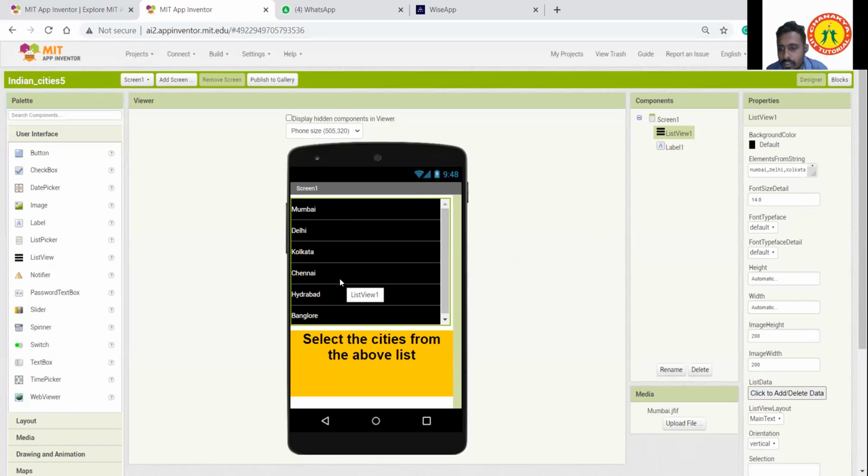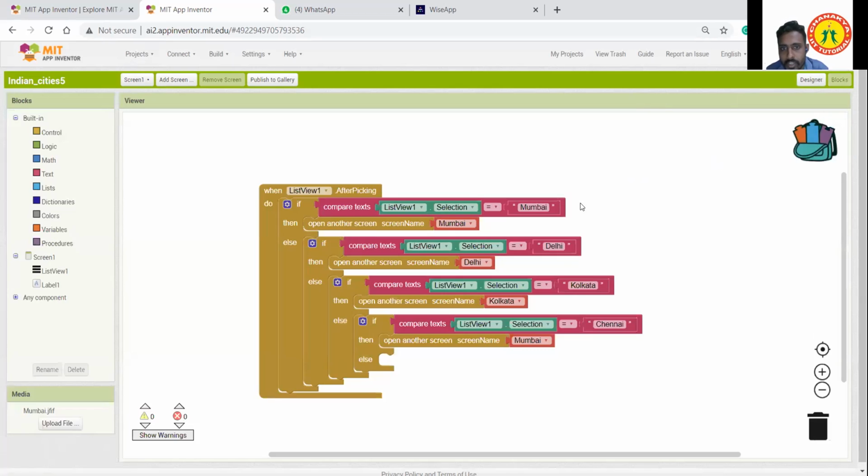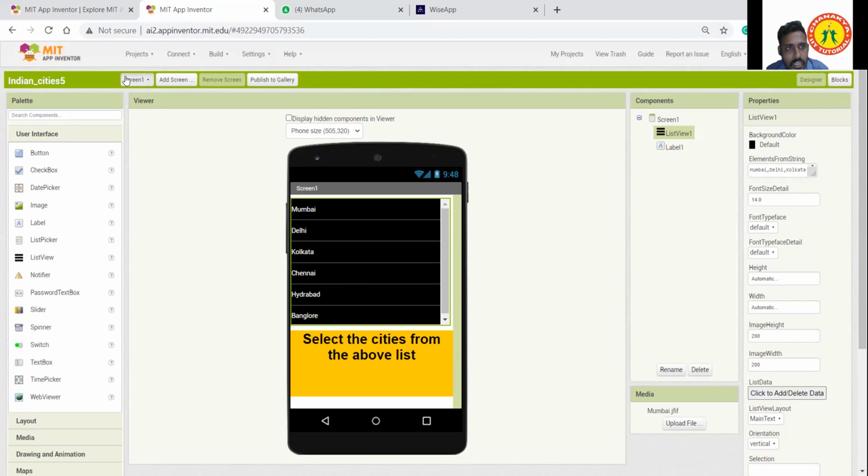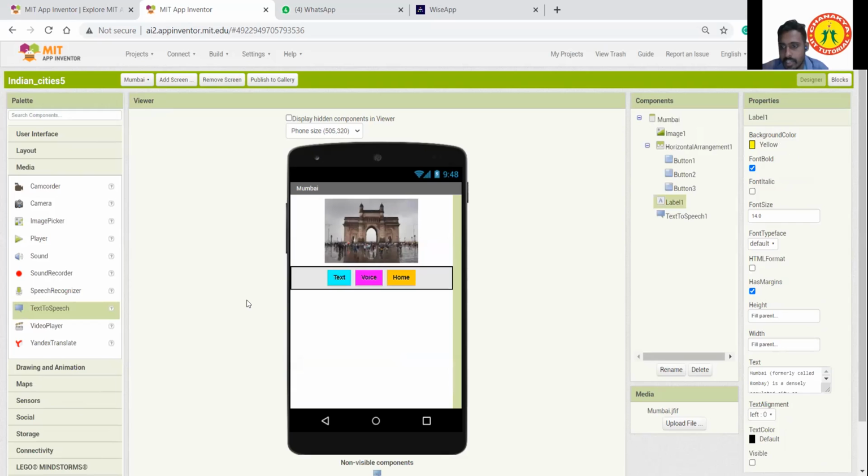Make a list of their names, and if you click a name on the screen, create a screen named with the personality's name.